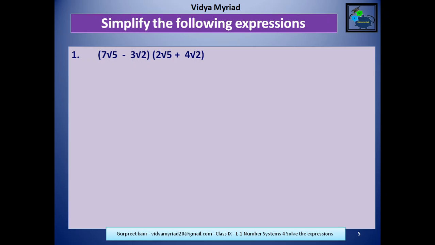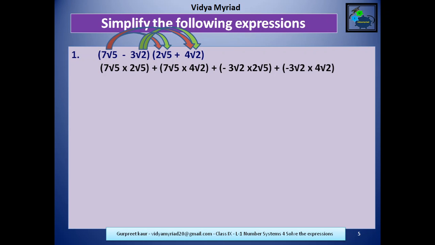So what I will do is I will simply open the bracket one by one. That means 7 root 5 will be multiplied by 2 root 5. Then 7 root 5 will be multiplied by 4 root 2. 3 root 2 to be multiplied by 2 root 5. Then 3 root 2 to be multiplied by 4 root 2, which can be written like this. Now here I have written all the separate things in the bracket, taken positive sign as common and negative sign I have taken inside the bracket in order to avoid any sort of mistakes while changing the signs if required.